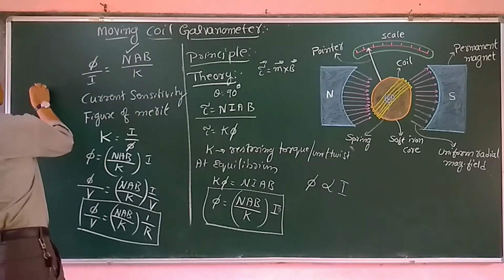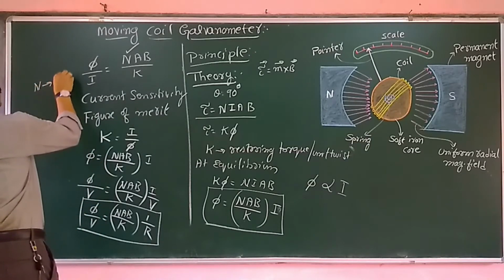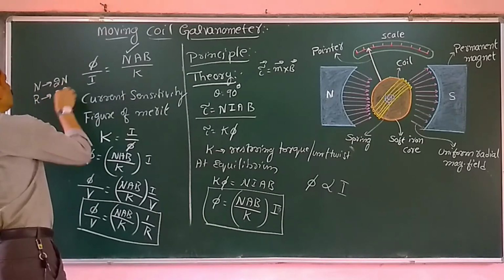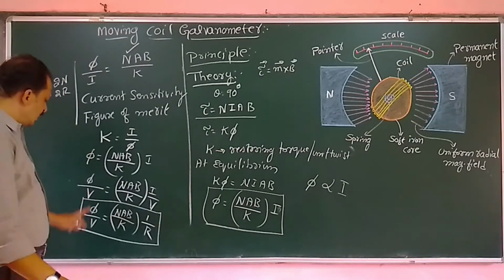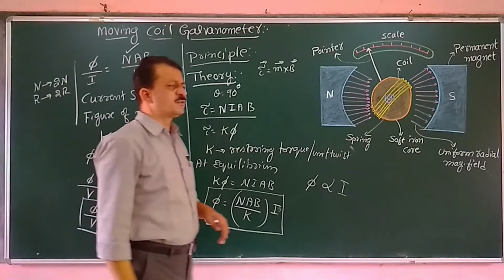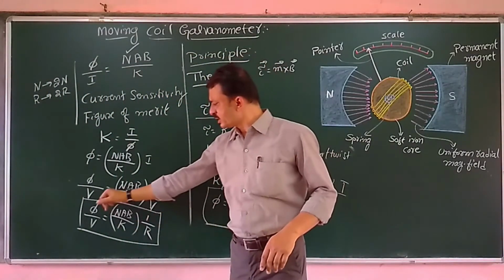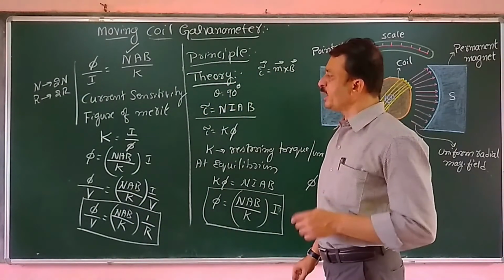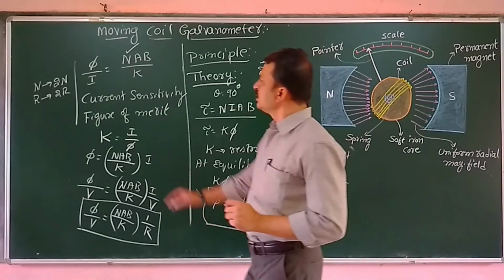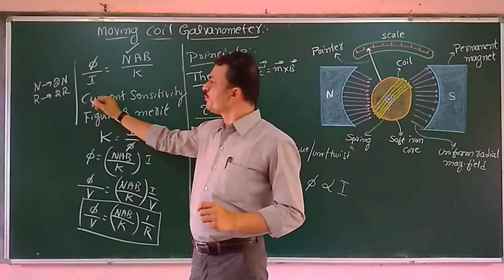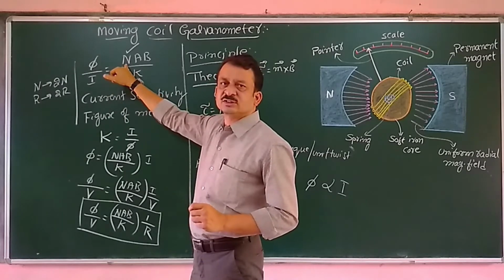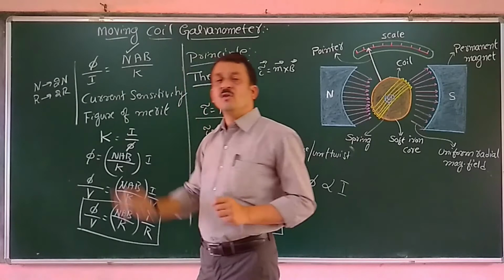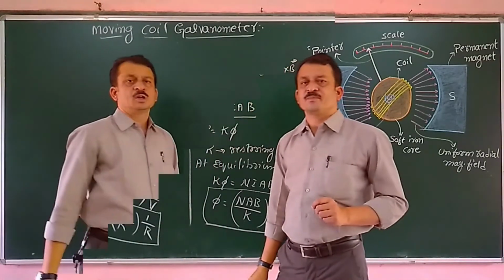If N is increased to 2N, obviously the resistance is also increased to 2R. Then have you increased the voltage sensitivity? No, we have not at all increased the voltage sensitivity. That is done by using another method. So here, in order to increase the current sensitivity, we are going to increase the number of turns. The same thing does not hold good for the case of voltage sensitivity.